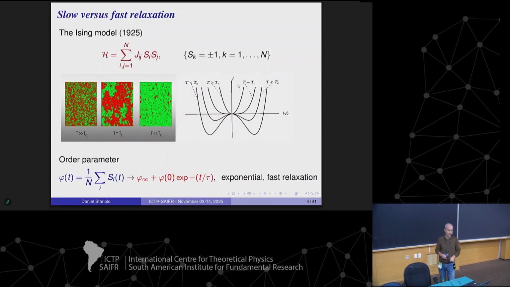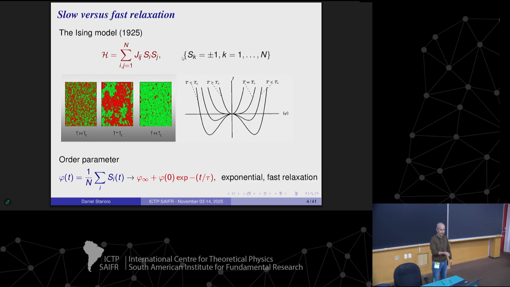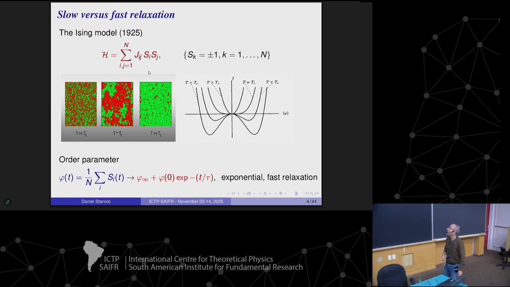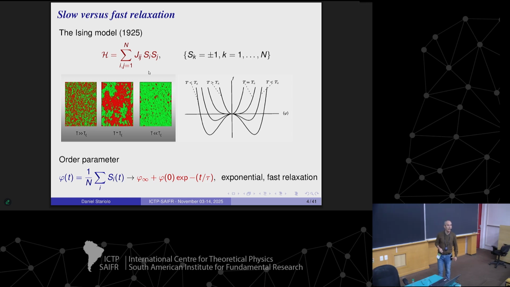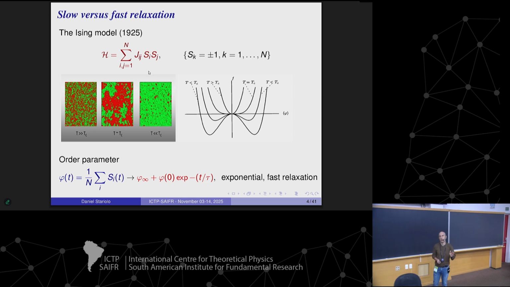So okay, let's begin with the Ising model. I think in general it's a good starting point for a statistical physics course. The Ising model is turning 100 years old this year. The Ising model undergoes a phase transition, as you probably know, at a critical temperature from a high temperature